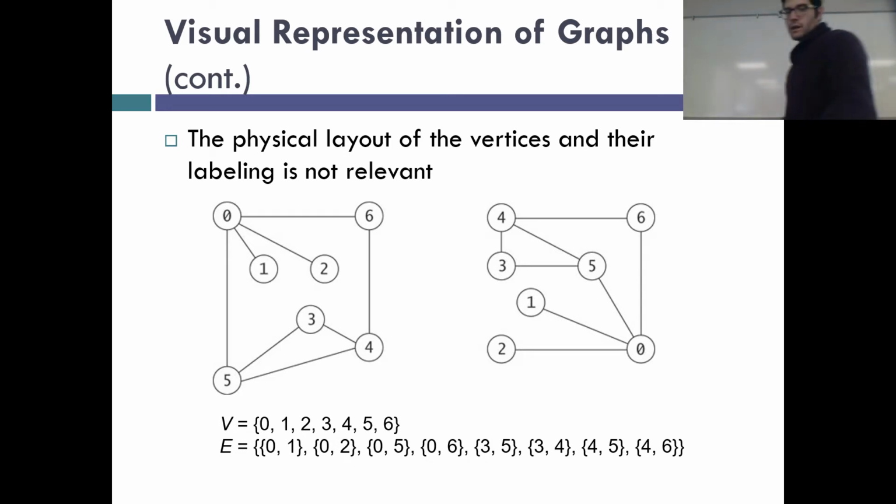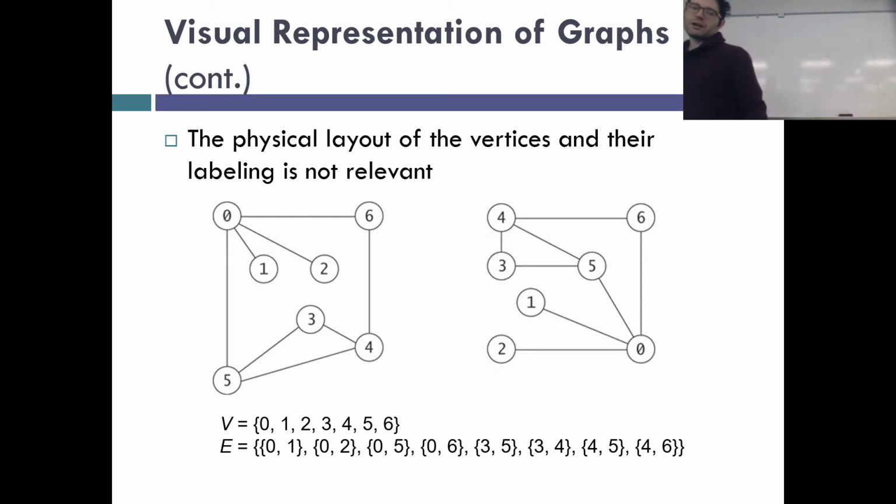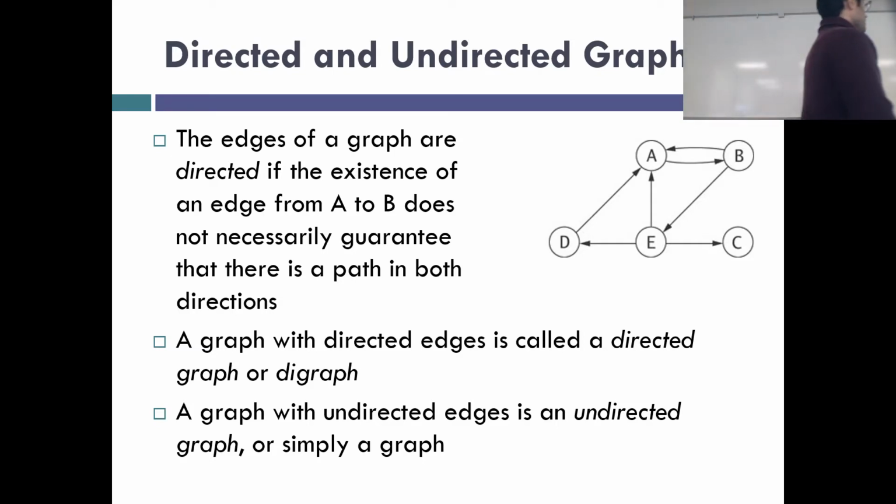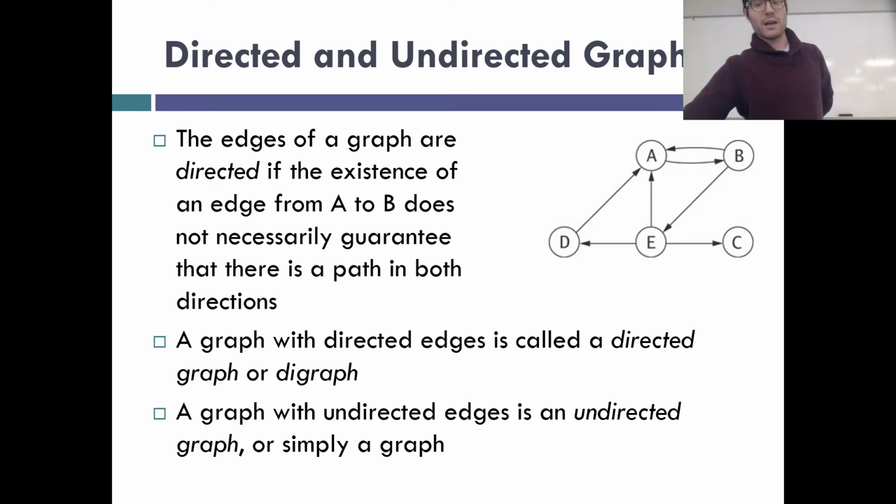So, and these are what we call undirected graphs, because if there's an edge between 0 and 1, that means the edge goes from 1 to 0 as well. The other type of graph, as we mentioned, was directed. That means that if there's a path from A to B, it does not necessarily guarantee there's a path from B to A. So here, in this graph, we have an edge that goes from A to B, an edge that goes from B to A,